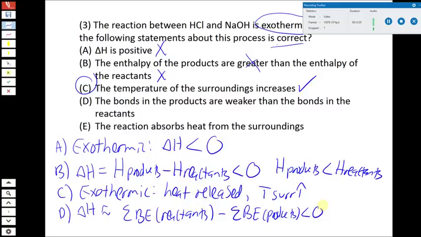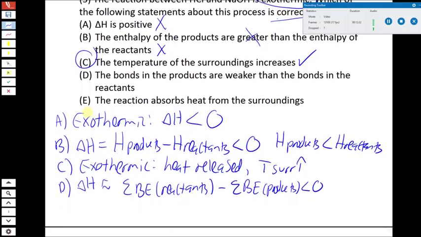And again, this whole thing has to be less than 0 because it's an exothermic reaction. So if we rearrange the inequality, what we find is that the bond energy of the reactants will be less than those of the products. So it's the opposite of what we saw for enthalpy. All right, so anytime you have an exothermic reaction,